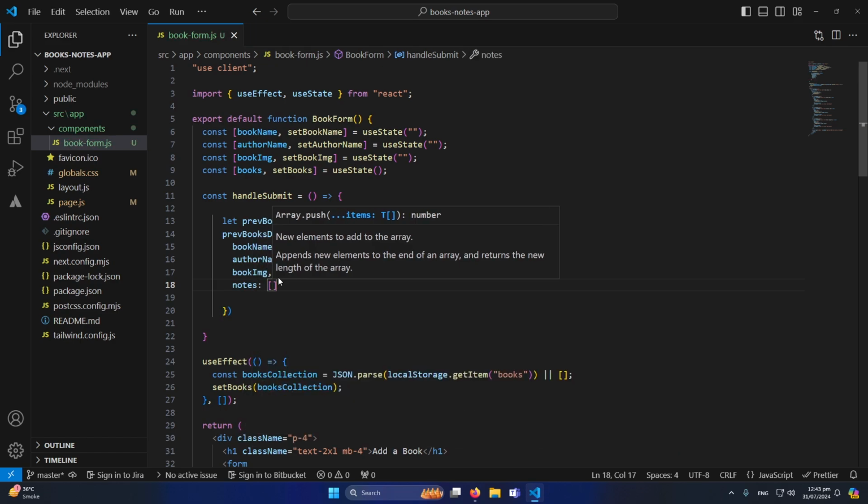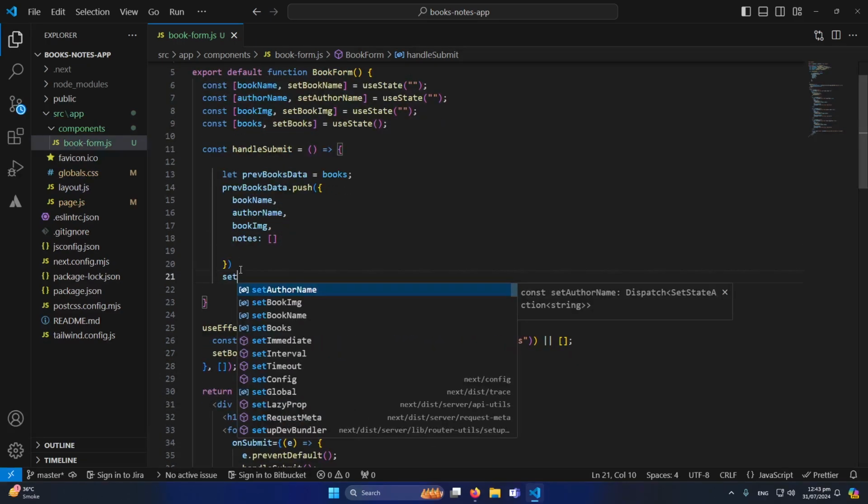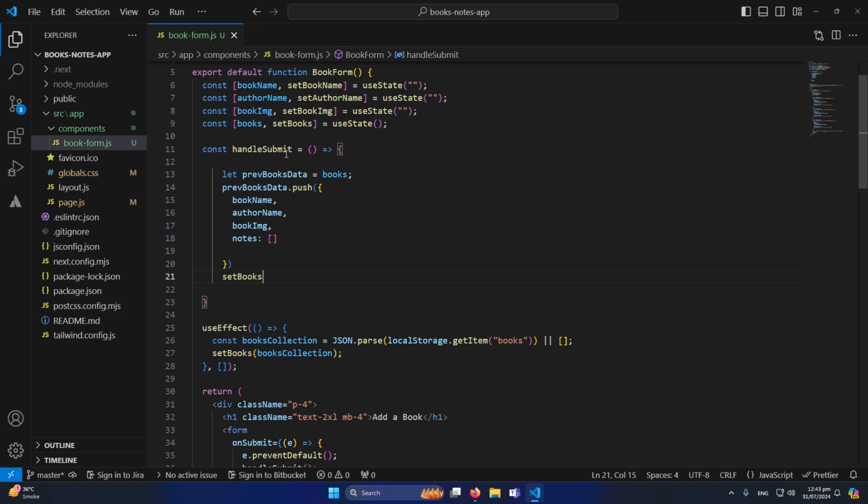So this key will be used to store that specific book notes inside this. And in the last, we just again need to call the set books function, because we want to set the new data to this. And now we will type here